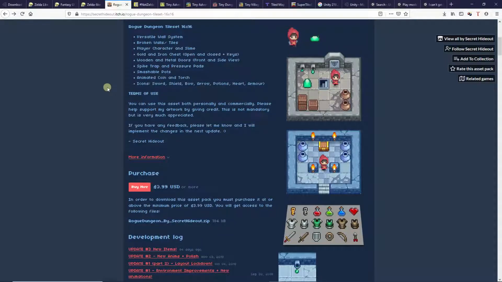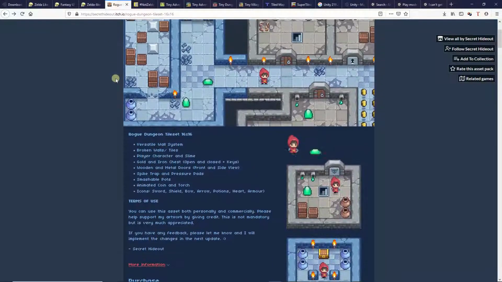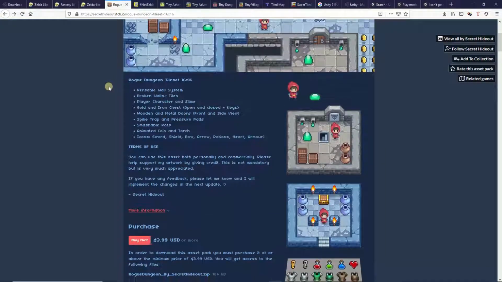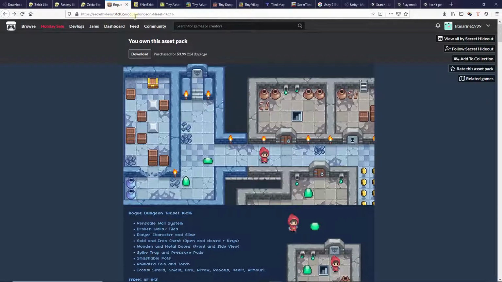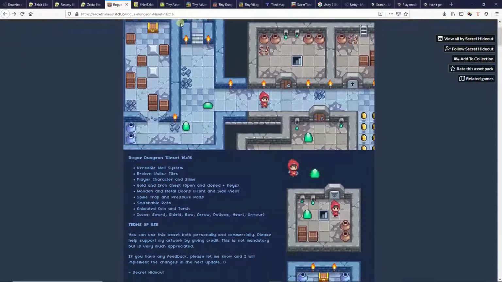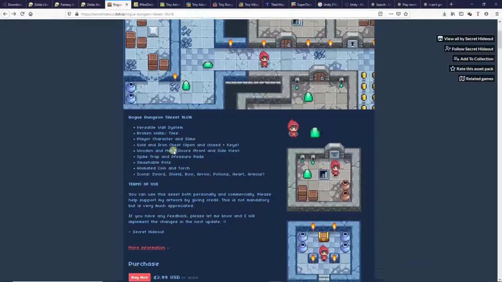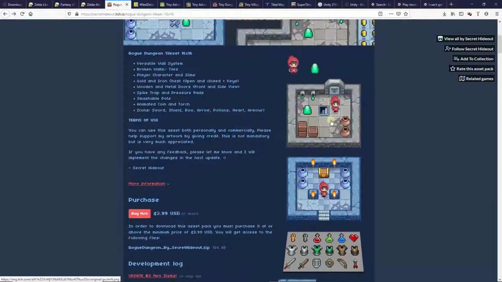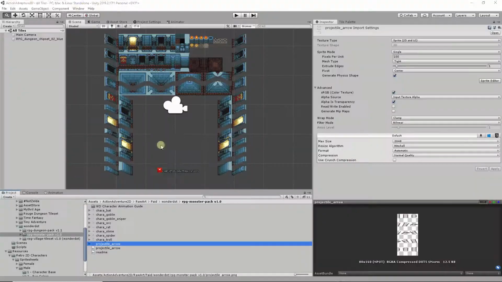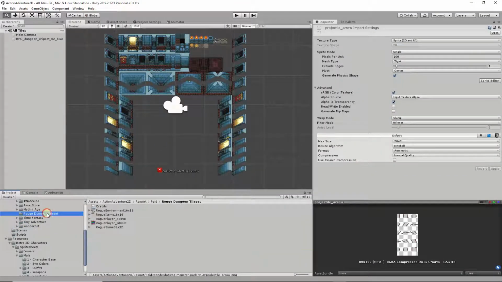So I kept digging because I couldn't find a character that had the exact animations I was looking for. Came across this Rogue Dungeon tile set, 16 by 16. He's got versatile walls. He's got a player character, prime. Very good tile set again. But here we go. So if you look at his character guide,